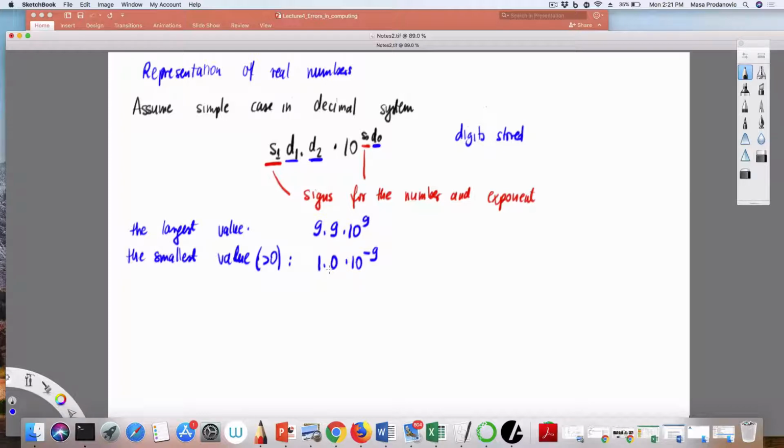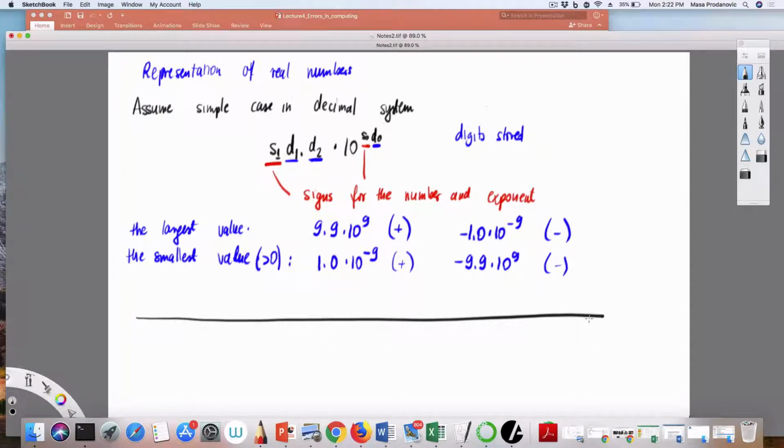So my largest negative value is negative versions of this, right? 10 to the minus 9. So this is for positive and for negative. My smallest positive value is plus. My smallest negative value is negative version of this 9.9. Because sign is plus or minus. So when I actually put that on a